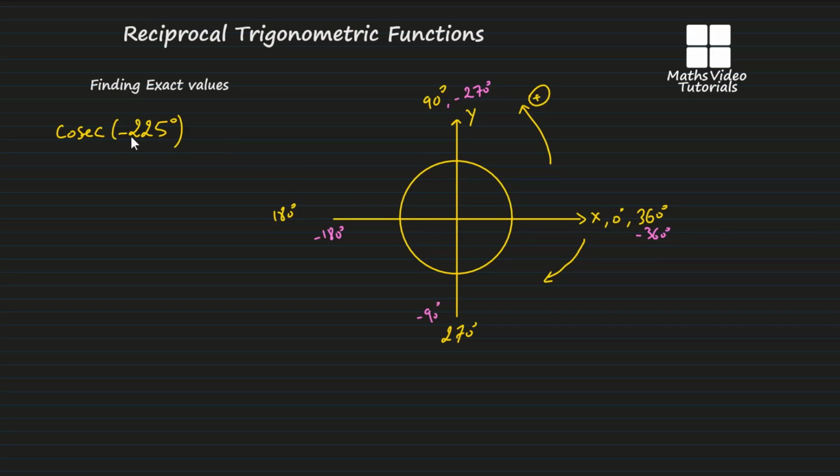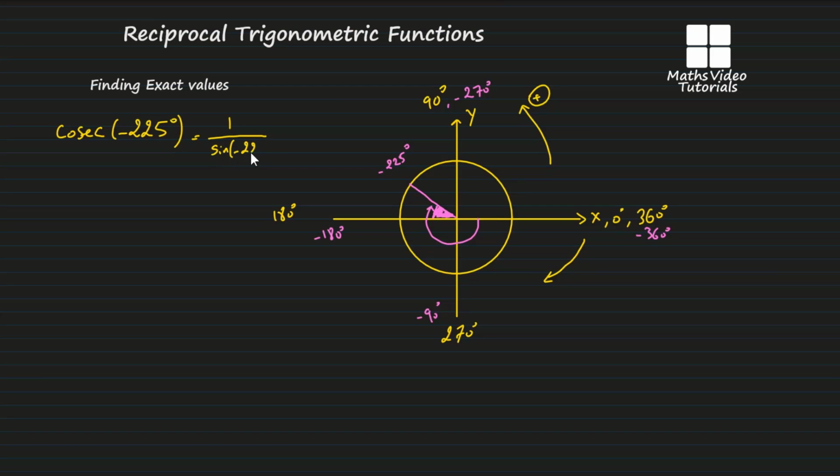We want negative 225, so we need to do first negative 180 and then add 45 to it. So it's going to be here. If I mark it somewhere there, that is our negative 225 degrees. The angle we want is this one only, because cosec negative 225, written using the regular trig function, will be 1 over sine